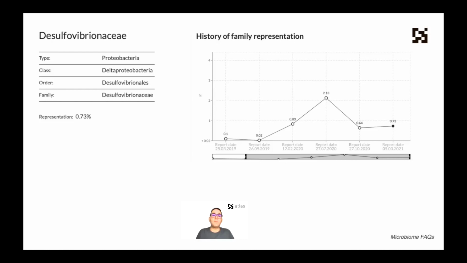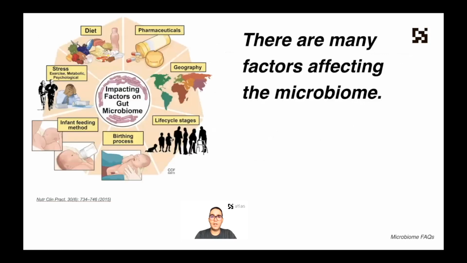So if you have a person, this is a real example, anonymized example of somebody who's taken the test a number of times, and you see that a family going up and down, in response to different things that are happening to them. So diet obviously is really important, and at Atlas I'm passionate about making changes to diet that are conducive to better health. But at the same time, we cannot reject the fact that there's a number of different things going on in our lives. So there's stress, there's